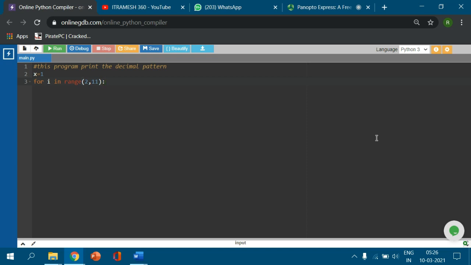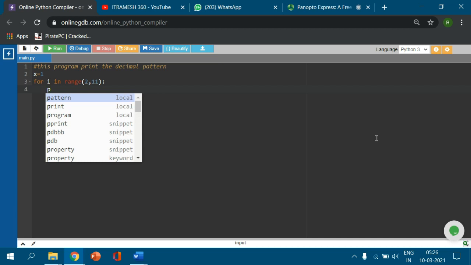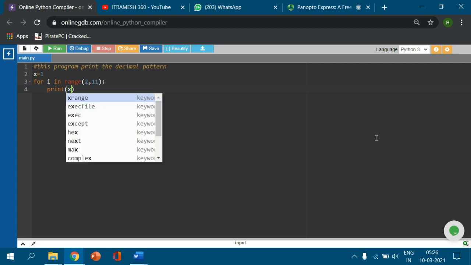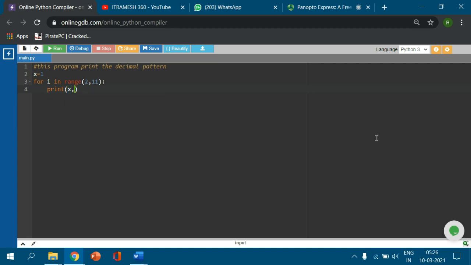I write the for loop like that, with only one statement, print. The indentation is done automatically in this editor. Print x comma. Why I am writing it like that, I will explain after we see the result.